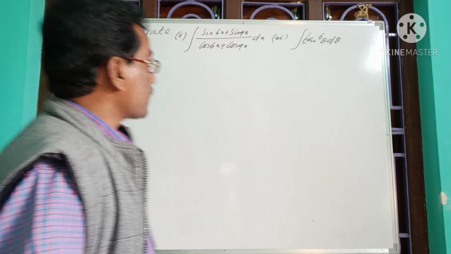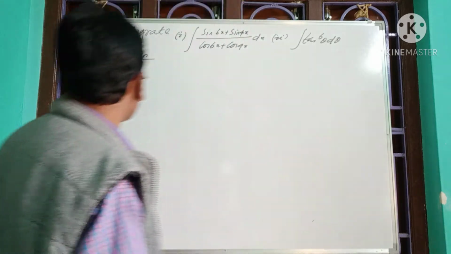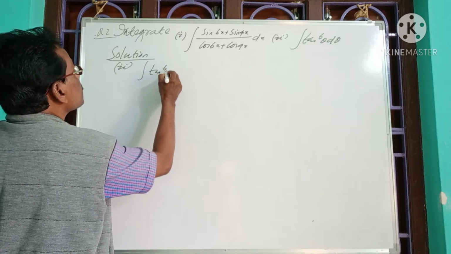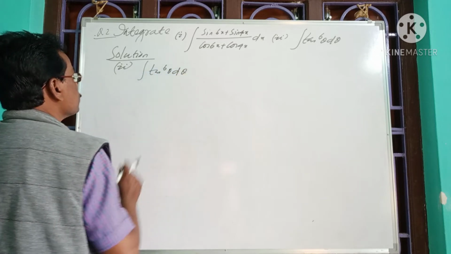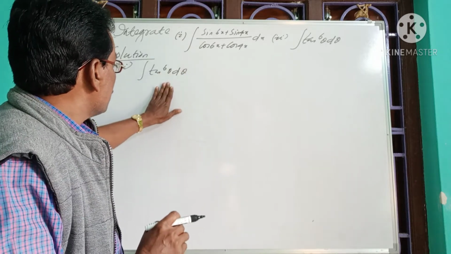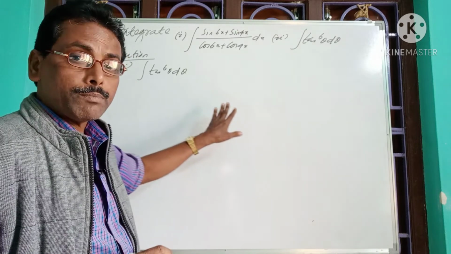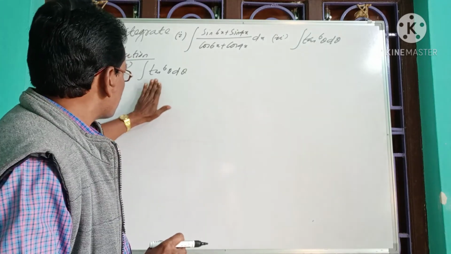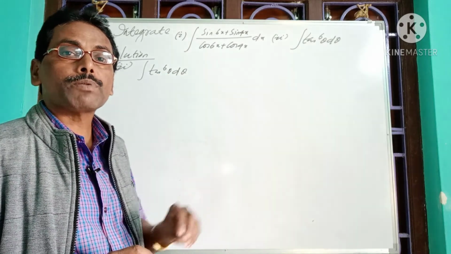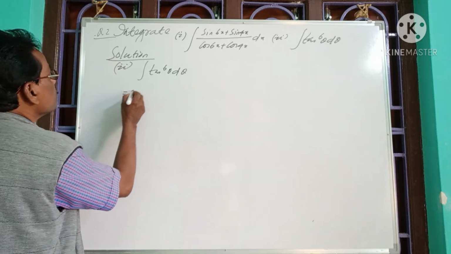So now let us try to solve the integration of tan to the power 6 theta with respect to theta. This is an integration of a higher power of the tangent function, and it is not in standard form for integration. So let us try to transform this function into a simpler or standard form, so that we can integrate it. Now see the technique for how we can integrate it.